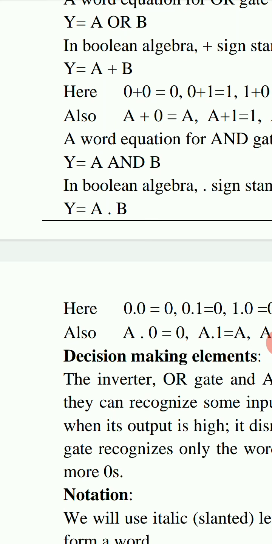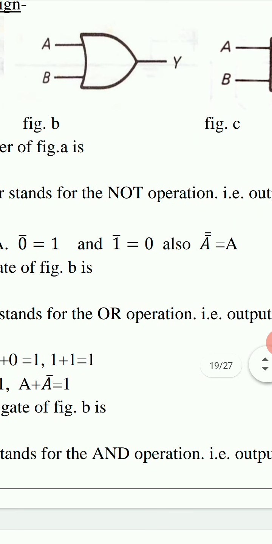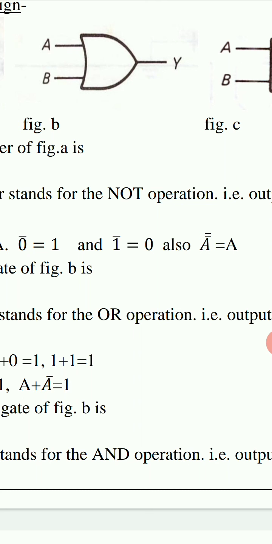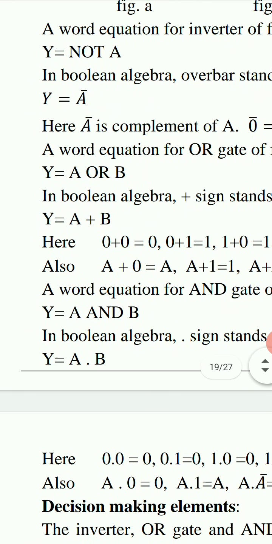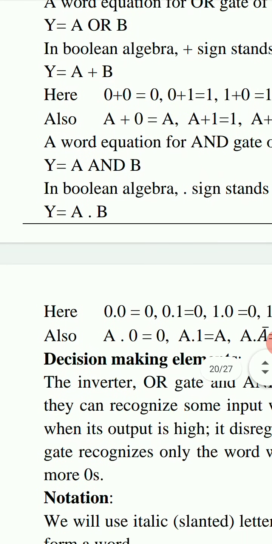In OR gate, output is high when either A is high or B is high or both A and B are high. This is the OR operation, and output of this OR gate Y we write as Y equal to